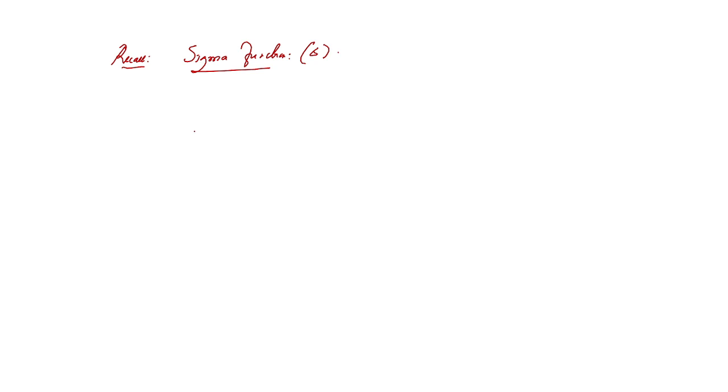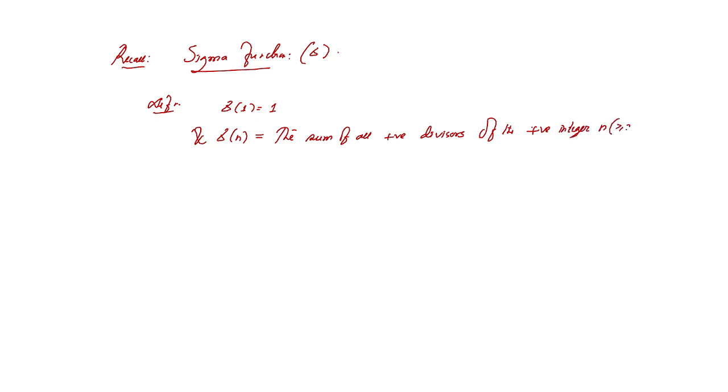The sum of positive divisors, the definition is sigma 1 equals 1 and sigma n, that means the sum of all positive divisors of the positive integer n, and this n is greater than or equal to 2,